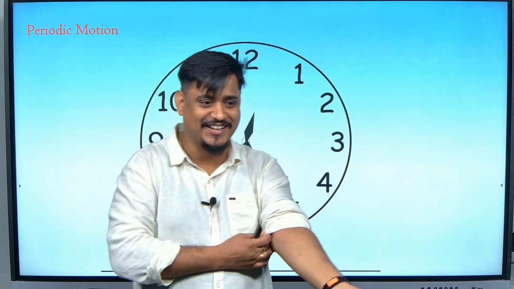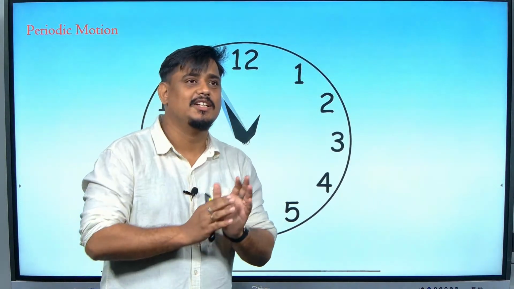12 hours. Somebody should not say 24 hours. 24 we are thinking inside. I am talking about 3 hands: second, minute and hour. Second hand takes how much time? 60 seconds. Minute hand takes how much time? 60 minutes. Hour hand takes how much time? 12 hours. Yes. So these are the motions which are obviously periodic because they repeat themselves in a certain interval of time.